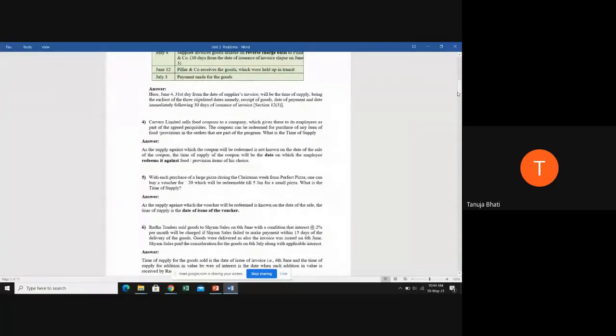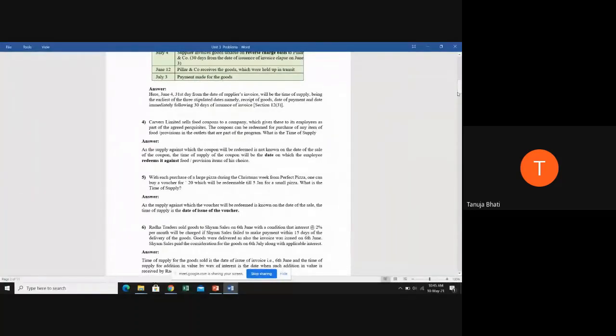Next, in case of vouchers, what is going to be the time of supply? Students, I'm revising again and again because if this revision is frequent, then that particular provision will stay in your mind, in your brains, and it will help you all because there's lots to cover. So when there's the final examination, you all will clearly understand which are the provisions, while others will get confused.